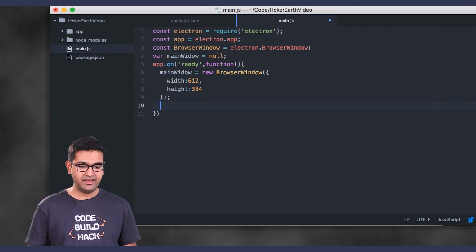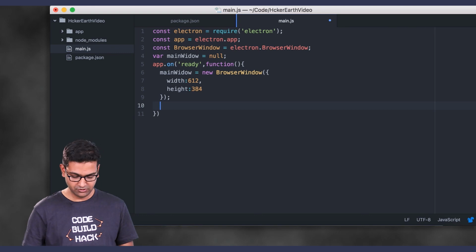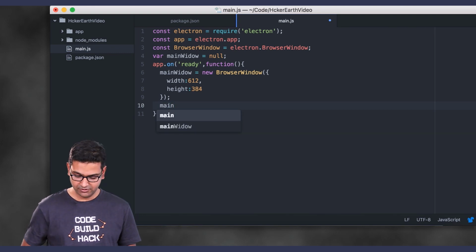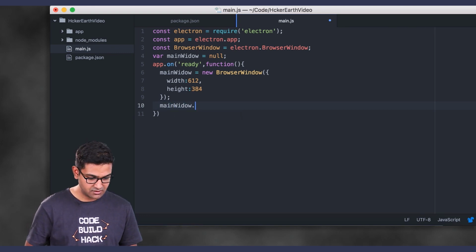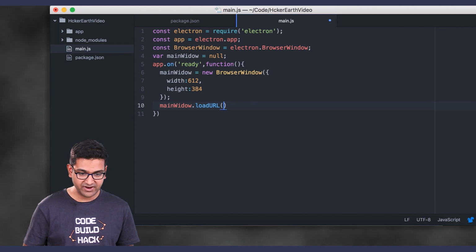Once this is done, I need to tell the main window where to go and look for the HTML to load. So I'm just going to say main window dot load URL, and I'm going to provide the file name, right? I'm going to say file